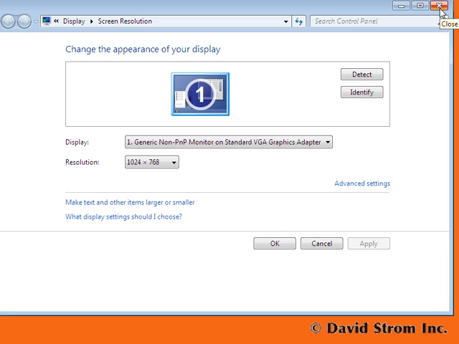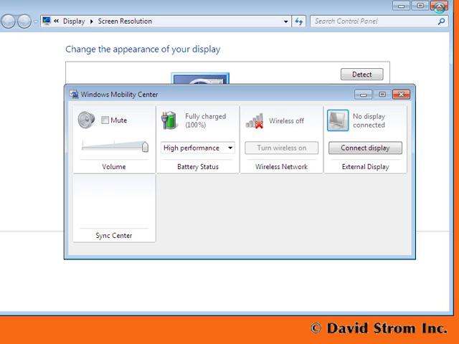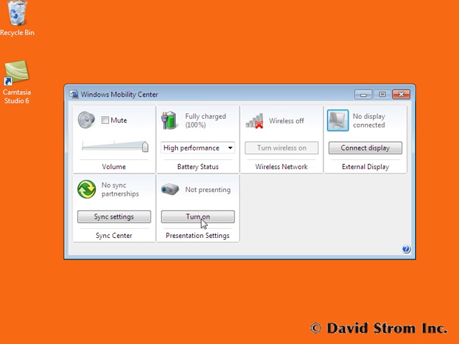The first is used for adding an external display. You click on that button and it takes you to the screen resolution controls. The second control block is labeled appropriately enough presentation, and when you turn it on and click on the icon,